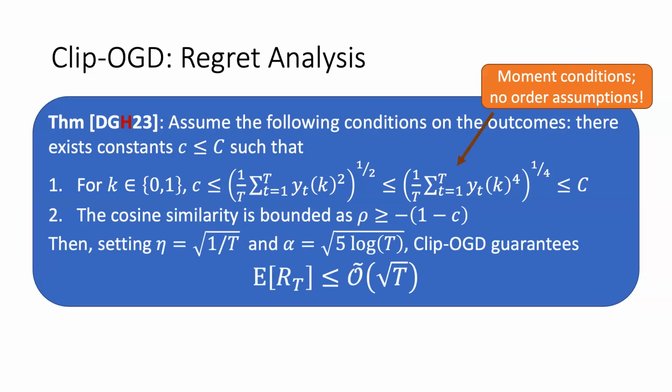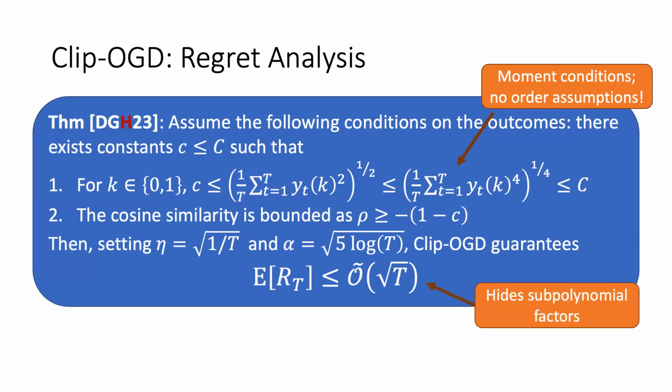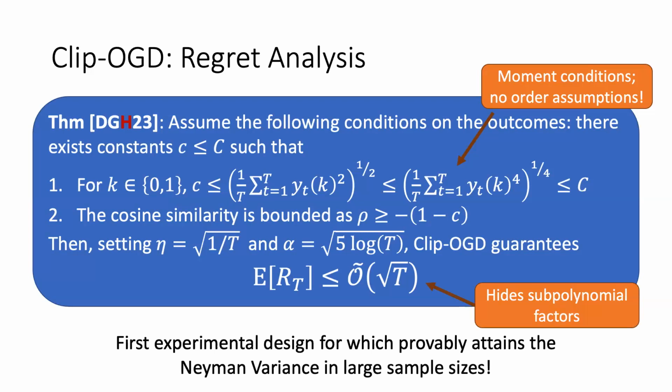so we can allow for any kind of non-stationarity and so on. And so the main result is that if we set the step size 1 over square root t, and we choose this alpha to be square root 5 log t, then Clip-OGD guarantees that the expected regret is order square root t. And when I say O tilde, I'm hiding some sub-polynomial factors here, which it's an interesting question where they can be shaved off, where they're inherent to the problem. I'm an optimist, so I think they can be shaved off. And I'd mentioned that this is the first experimental design which can provably obtain the Neyman variance in large